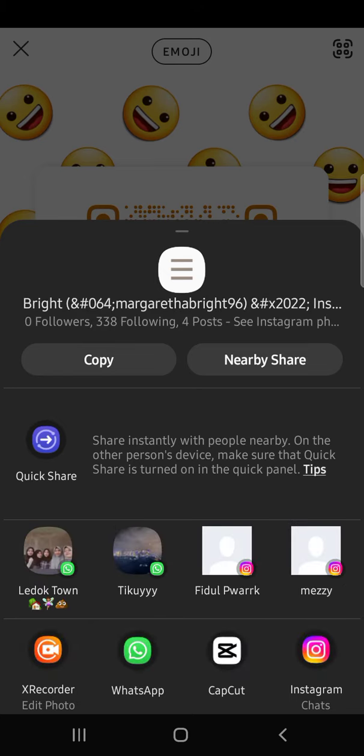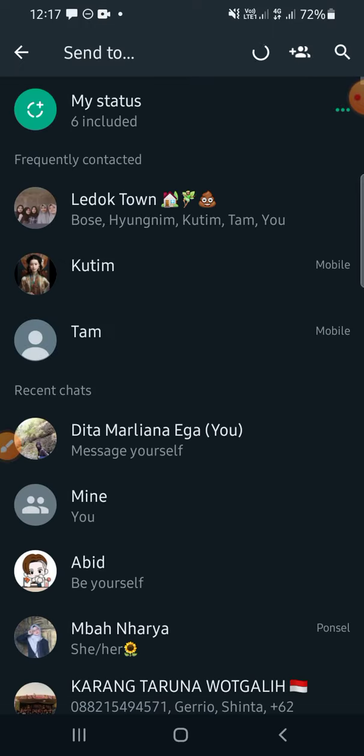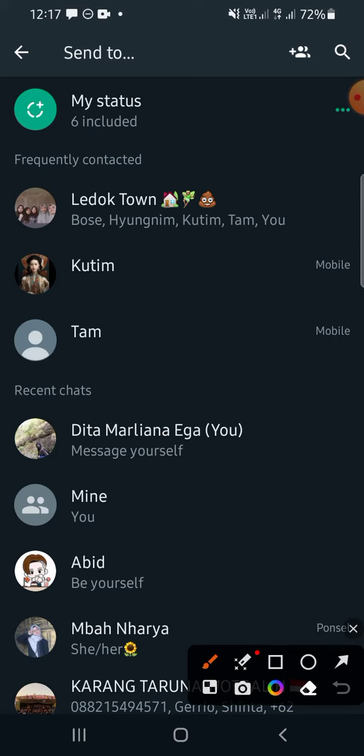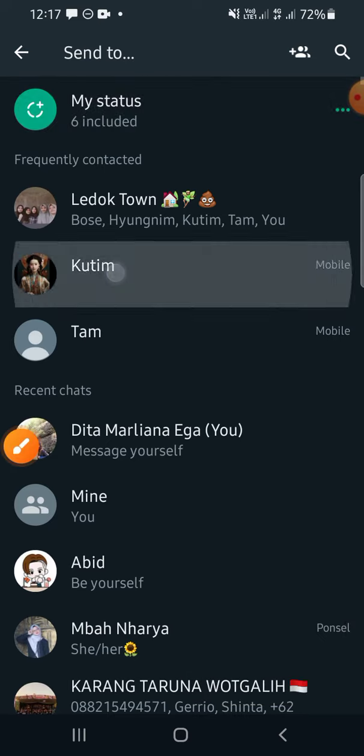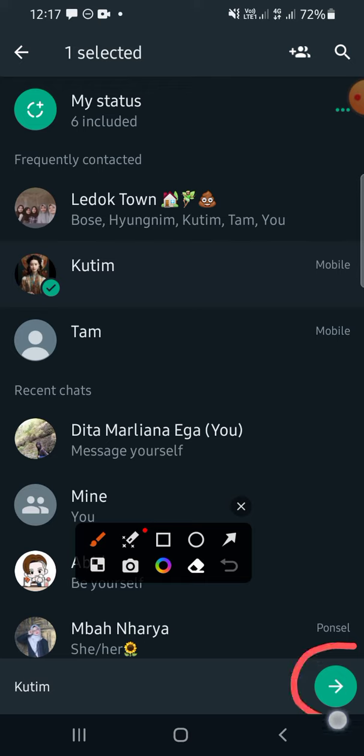Alright, just click on WhatsApp, and then you can choose either you want to share it to your story or maybe you want to share it to your contacts, and I'm going to share it to my contacts. All right, this is the contact that I want to share my profile to. Just click on the contact, and after that we can click on this send button,